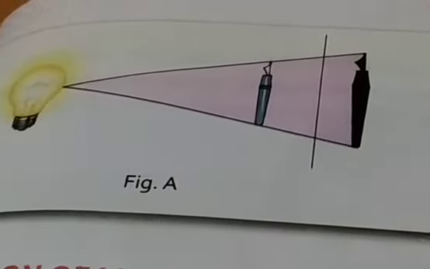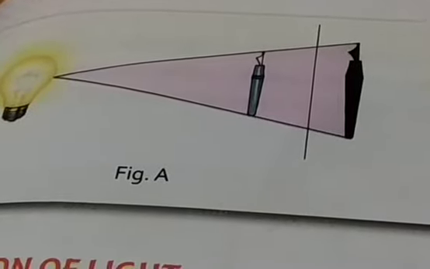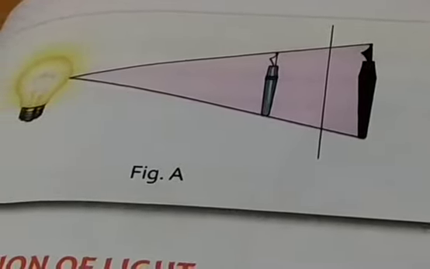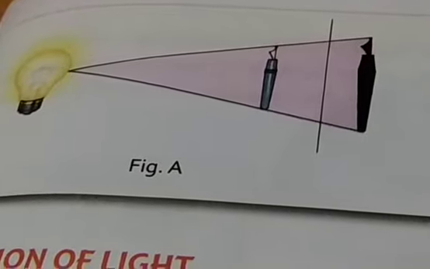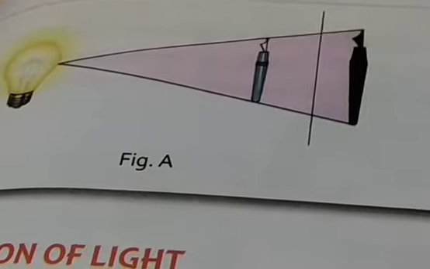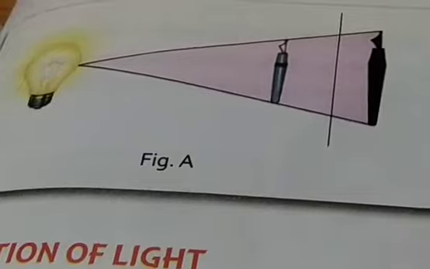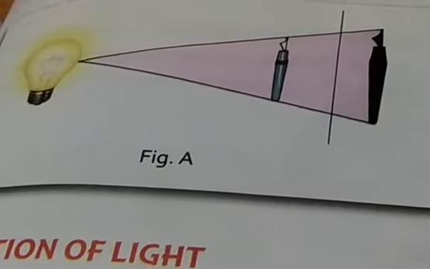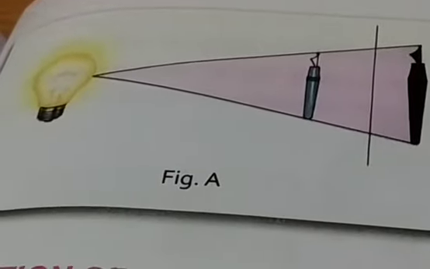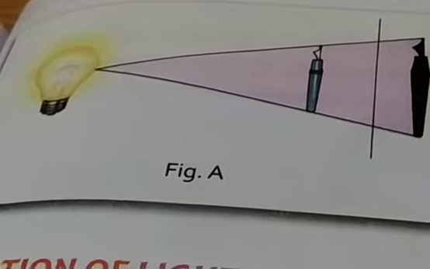So all the kids will play. This you can try at home also, even in the classroom. Just keep anything in between the light. For example, it can be a book also, it can be a pencil box also. Just place it in front of the light, and the opposite side should be a screen or a wall. Then you can see the shadow there. Once you take the pencil box near to the bulb, the shadow becomes bigger. And if you take it far, then your shadow will become small.